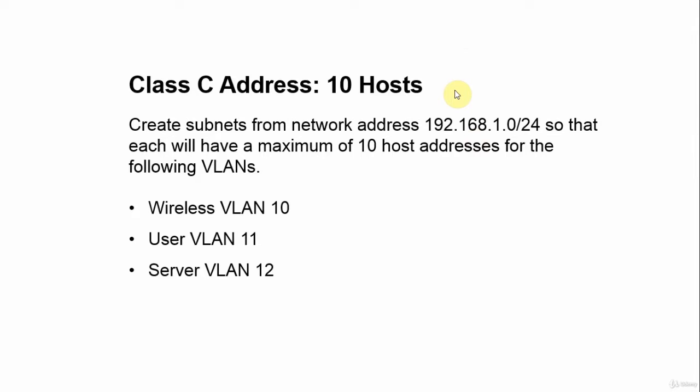Now I'm going to start with some examples from each class address. This will give you a better idea of how to go through and start creating subnets and how to do the calculations for them. So this first example is a Class C address, and I want to create subnets from